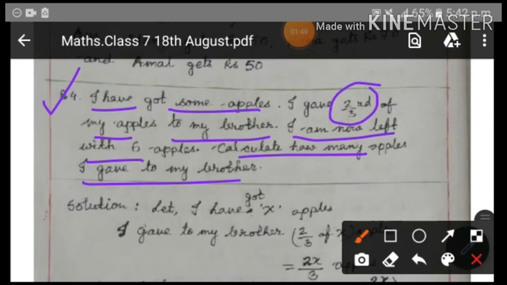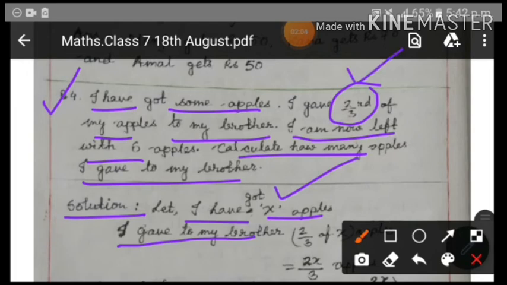So here, at first what we will do is, I will take the number of apples I have got to be x. So the solution is, let I have got x apples. I gave my brother, see in the question it is said, I gave 2/3 of the apples to my brother. So initially if I have x apples and if I give my brother 2/3, so this will be 2/3 of x,